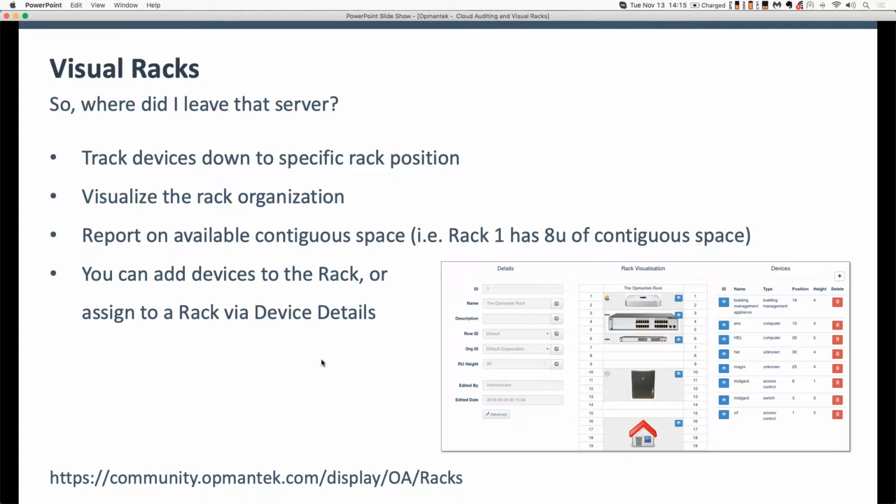So let's talk about visual racks. Visual racks is a new feature that we're looking to release potentially in Open-AudIT 2.3. It's going to allow you to take the location of the device rather than down to the room level, which you are able to do now, and take it all the way down to a position within a rack. You'll actually be able to define your racks, be able to define how large the rack is, how many RU in height it is,